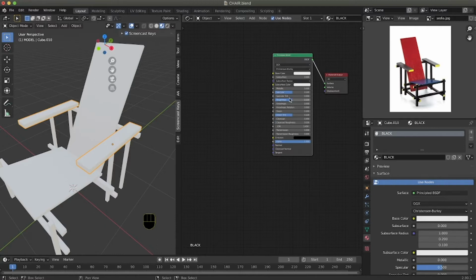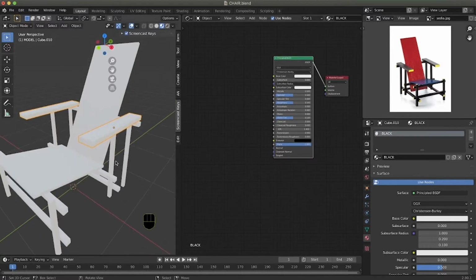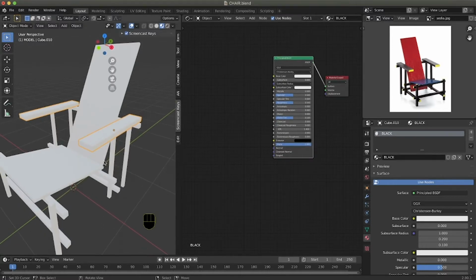roughness, so how much the material reflects what's around it, up to more advanced features like alpha, the transparency, or transmission, that's basically how much the material allows light to pass through, and even more advanced parts like normal maps that allow you to deform or fake a deformation on your model. So basically, if you have a surface like a stone wall, you don't really have to model every single stone,